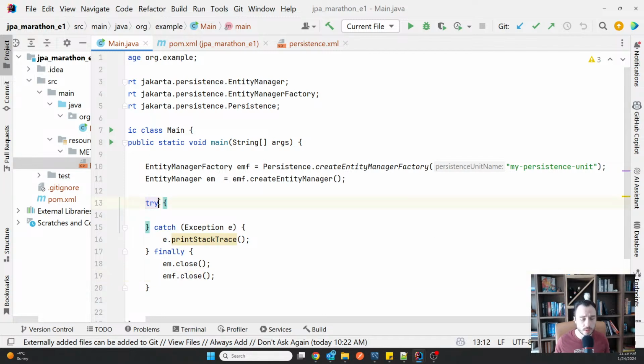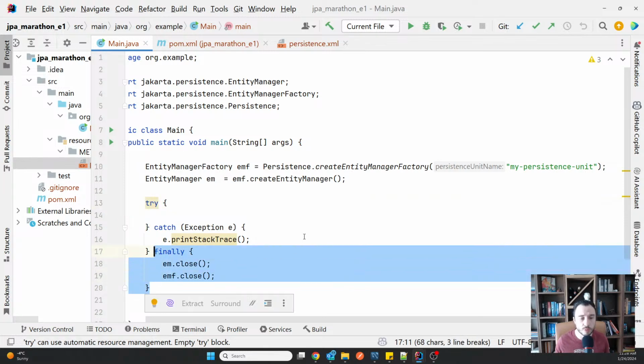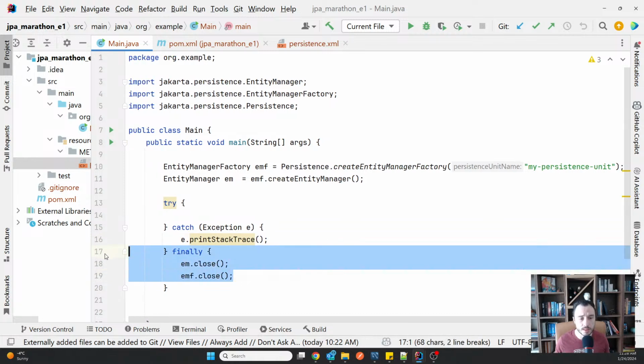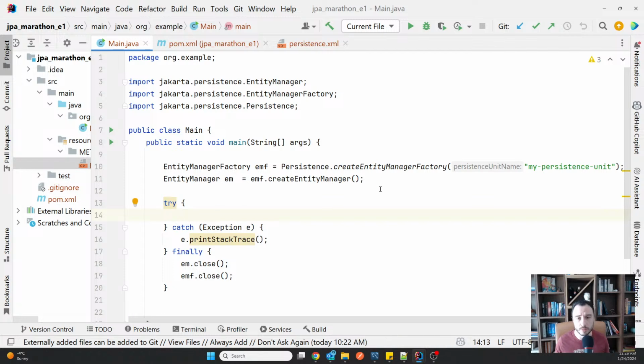I cannot use the try with resources because they are not made as Java resources. That means they do not implement the AutoCloseable interface. Otherwise, they would be directly usable in the try with resources syntax. So I have to use a finally block for that. But remember, if ever you have to use this directly, then these two objects need to be closed when you have finished working with them. So that's a good practice that I want you to follow.